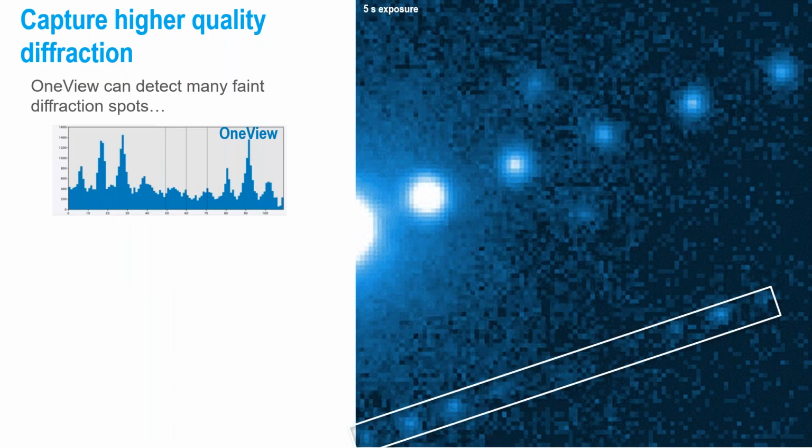We can see some very faint spots in this pattern, but there are also some spots here that are not very well defined. It's difficult to say with certainty whether these are real diffraction spots or they're just part of the noise, and certainly to determine where these spots are located is quite difficult. But if we just switch the camera, doing nothing on the microscope, I removed the OneView